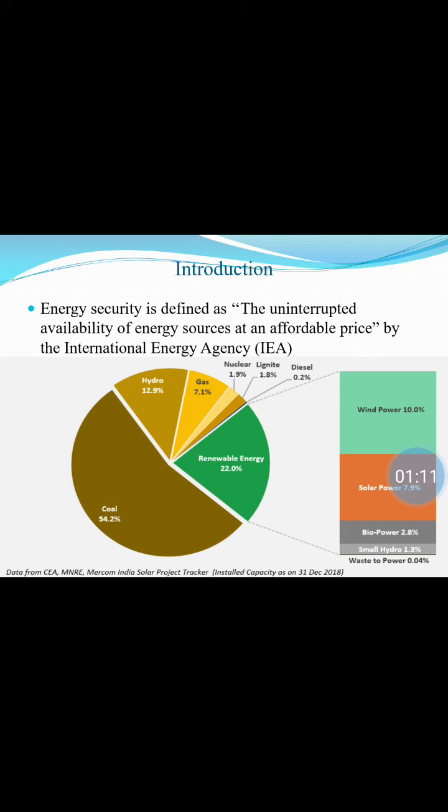to be energy secure. India generates most of its energy from coal. Again, the traditional fuels used are diesel and nuclear. But the problem is that they have a deep impact on the environment. We are also developing some of our energy from renewable energy sources, but the renewable energy sources have some